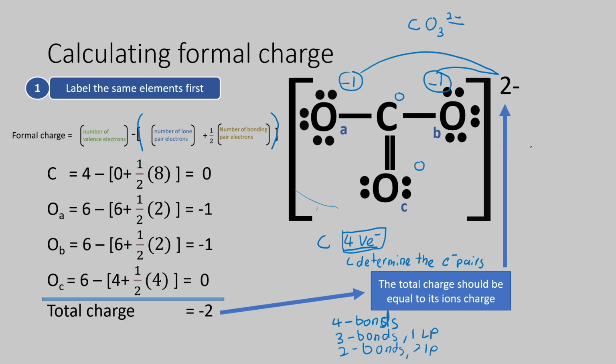Okay, so if formal charge is zero, all of the valence electrons are used. Okay, can you write it in your notebook? Okay? So, and then if positive,